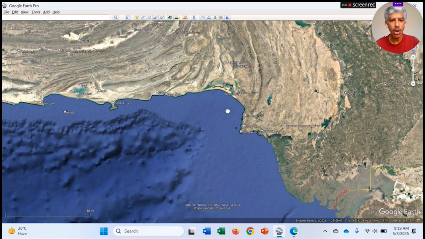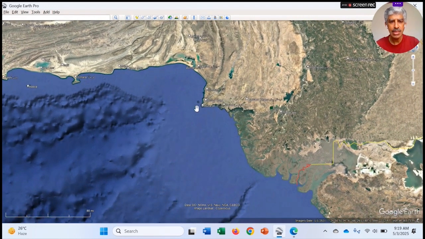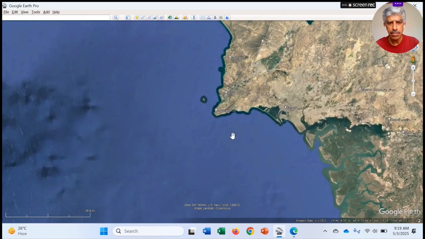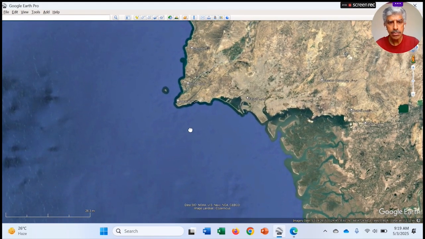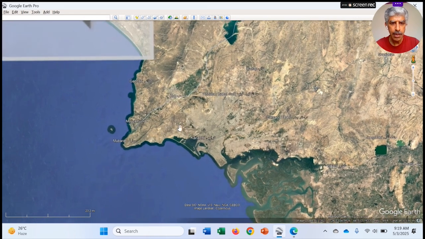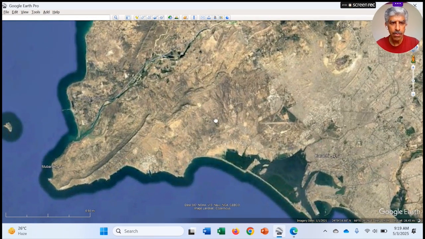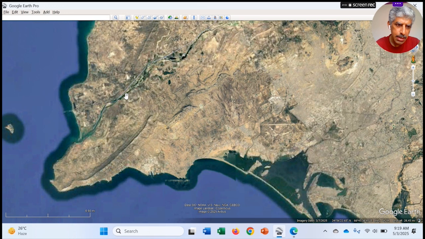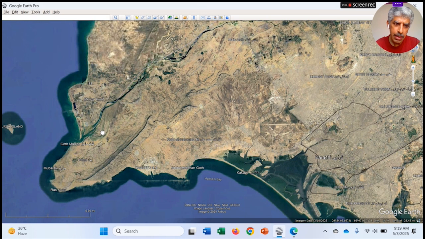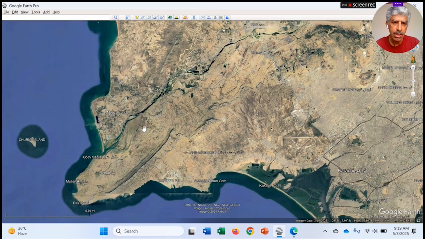So now if I move towards Karachi and the Sindh coast region, here you can see, as I told you, that this gray line is the border line between Sindh and Balochistan. This whole area is from here. This gray line makes the border between Sindh and Balochistan, and you can see this one is the river Hub, which flows and falls into